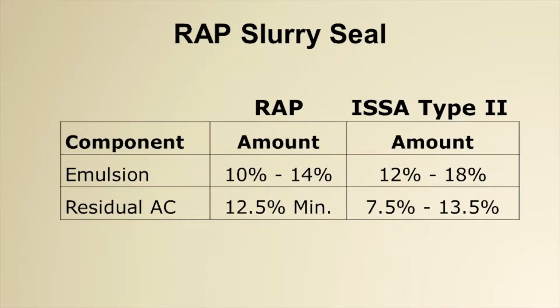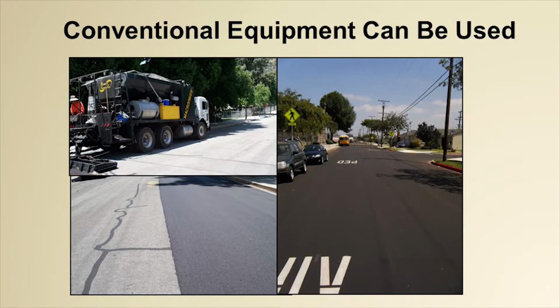Again, nothing's used for coating, so you've already got a coated aggregate. Our residual asphalt, though, tends to be on the higher end, and that leads to some of the performance. You can use any conventional equipment, nothing specialized. You just need to make sure the way you process the RAP gives you a high quality